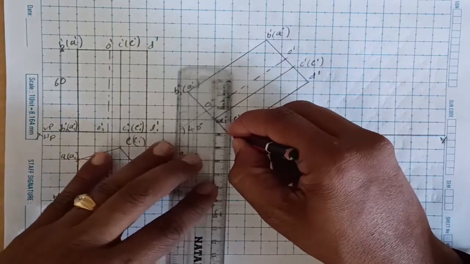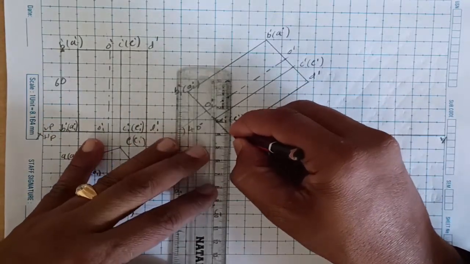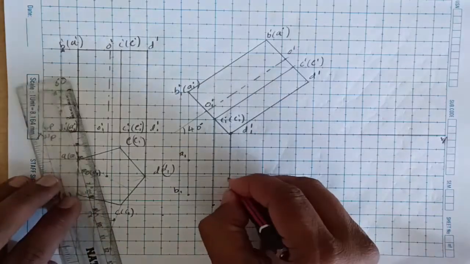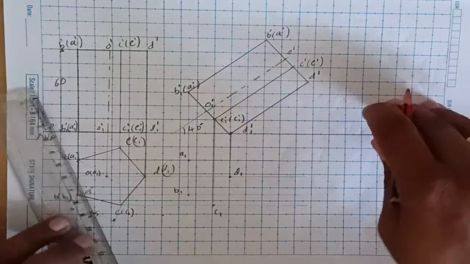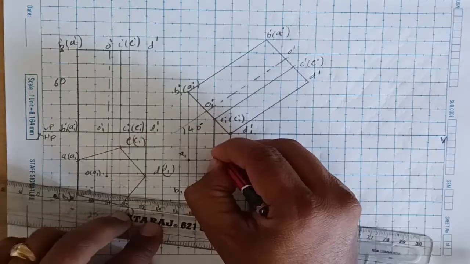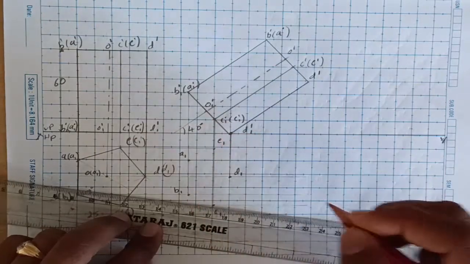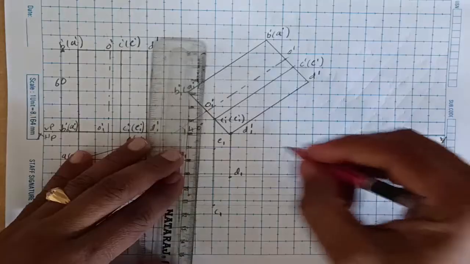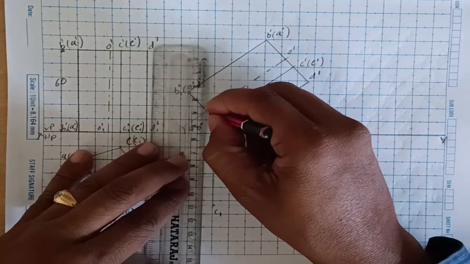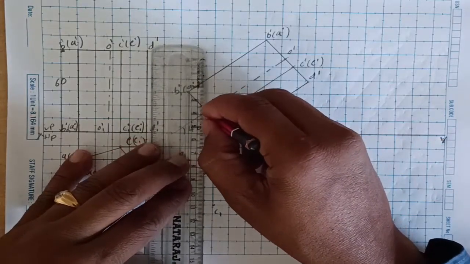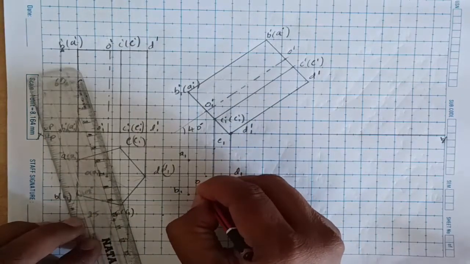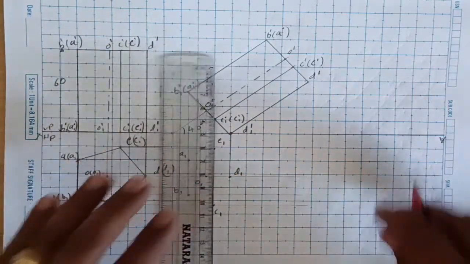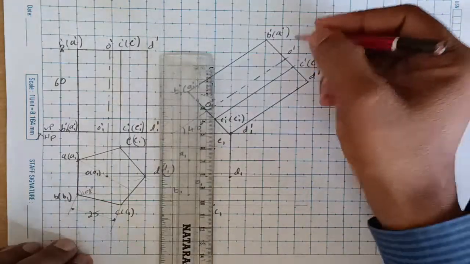So from the D1 you draw the line up to here and get the D1, and then E1, so you can join the E1, and next is O1 dash, and here O1,